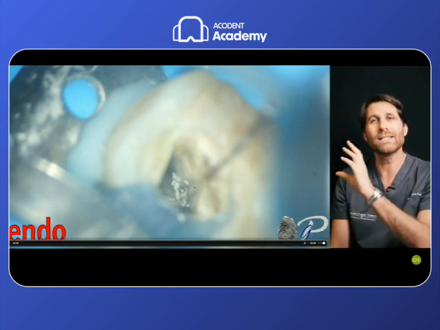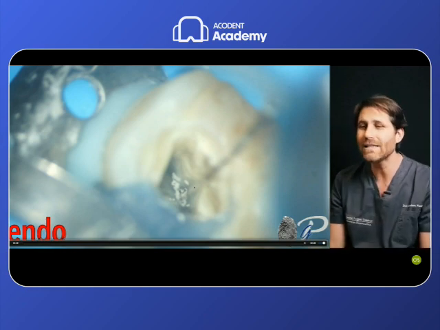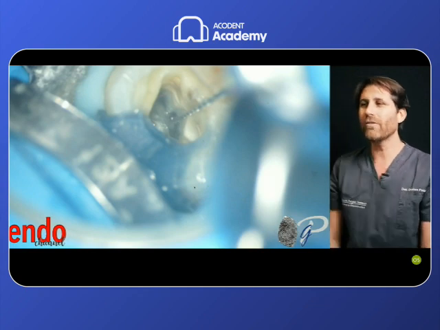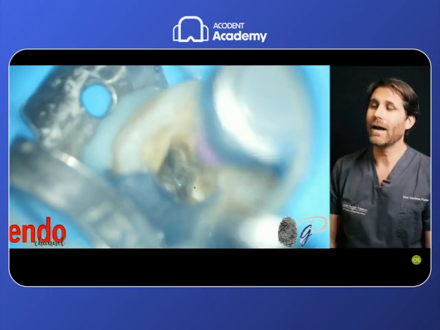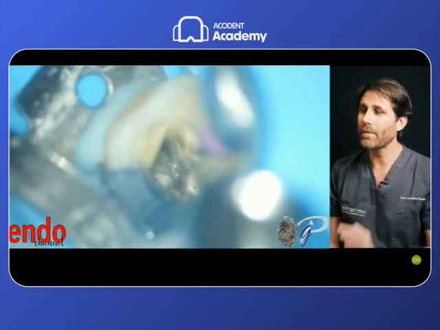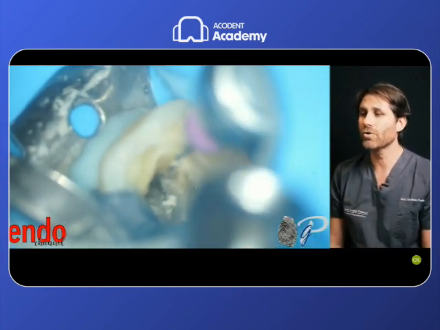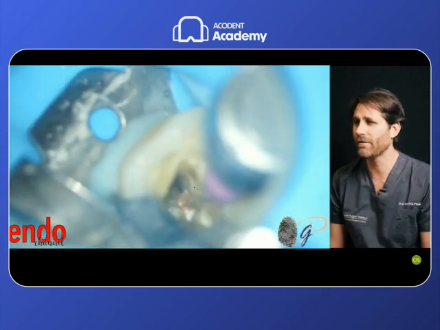So as soon as I feel that I need to push on these less effective files, I stop and go back again with my file of choice, the Resiblock AirPilot file in this case. I still push a little bit on the tip, doing this packing motion up and down with brushing lateral movements to remove and relocate the interference and relocate the orifice.